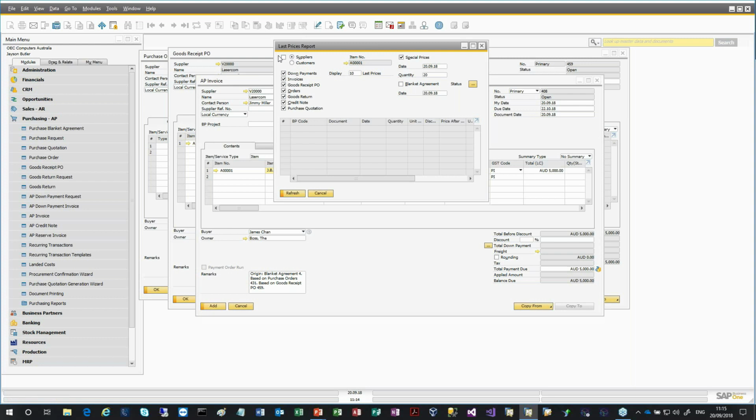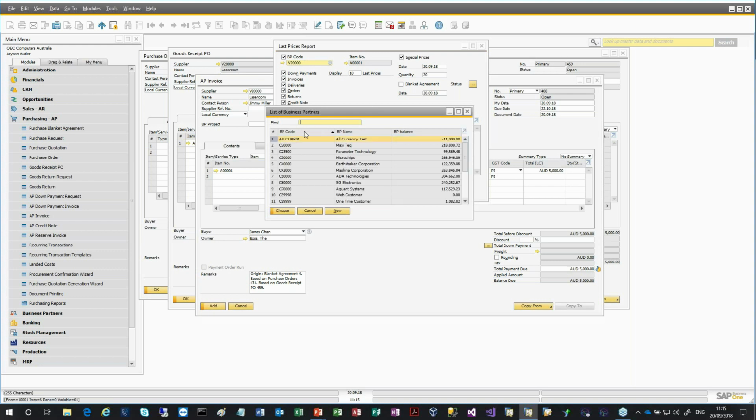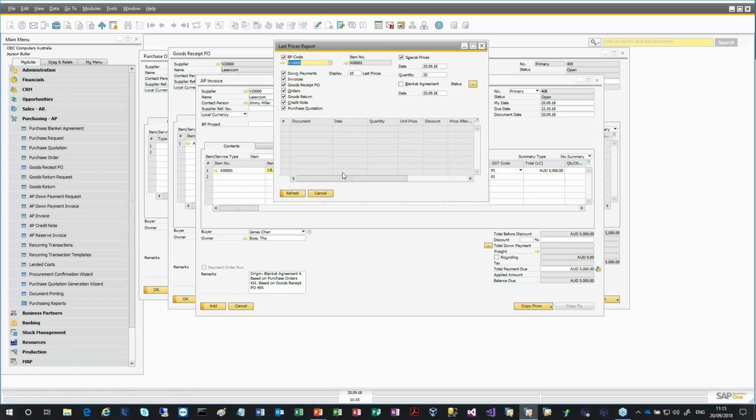So you might want to untick that specific vendor and say, show me this item based on any other vendor that I might have bought it from, or you might choose a specific vendor that you've bought this item from in the past and have a look at what prices you've paid to that specific vendor. So if I refresh, I can now see that I've paid the following prices over a period of time. Now, if you want to see the last 100 prices or only the last 2 prices, for example, you can change